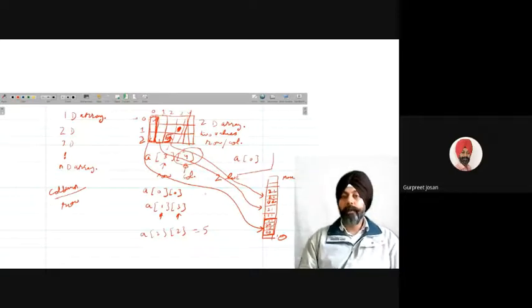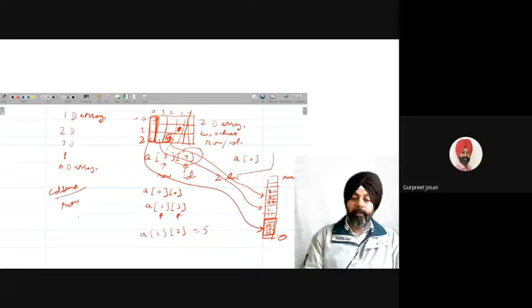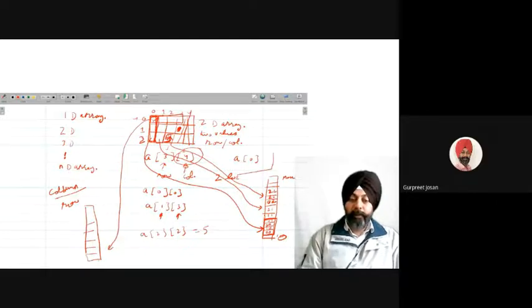Got my point? So an array can be stored column-wise, or another way is you can store the array row-wise. Row-wise means first we will store the first row. So the first row is this one. We will store this first row. That means the first element will be 0,0, second element will be 0,1, third element will be 0,2, and fourth element will be 0,3.